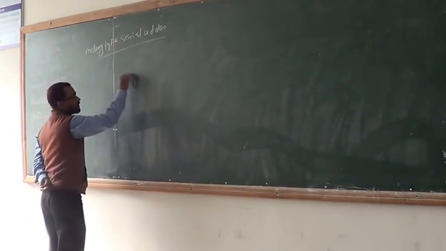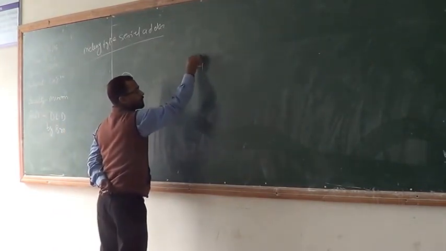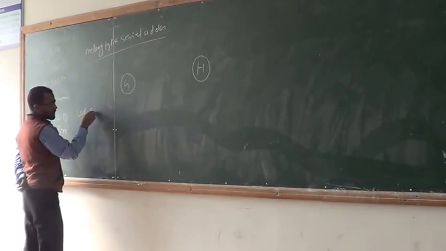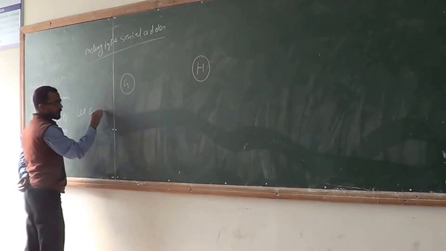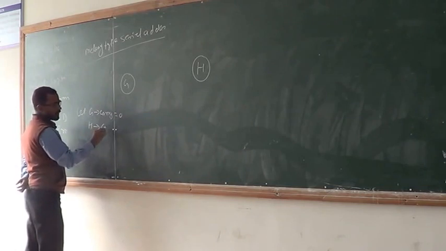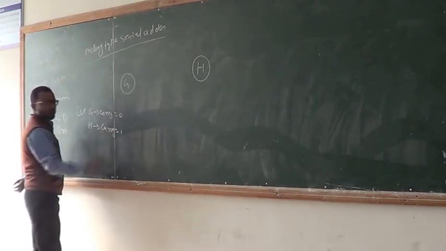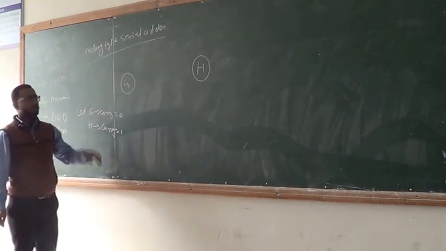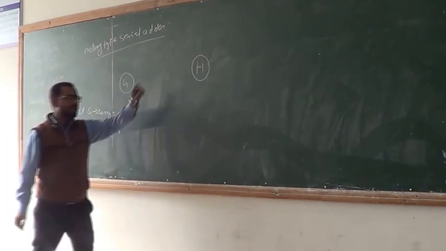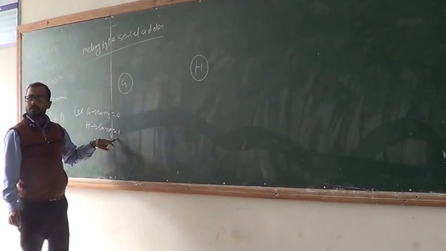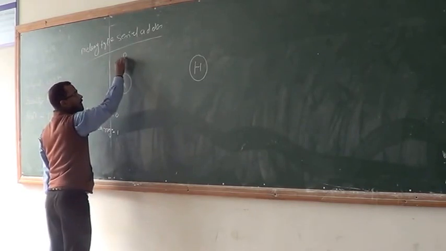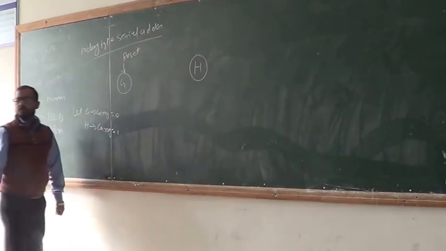State G and state H. Let G mean that carry is equal to 0 and H mean that carry is equal to 1. Okay, we consider the two states here: G, the carry contains 0, and H, the carry contains 1. Now, first of all, the machine is started by the reset.